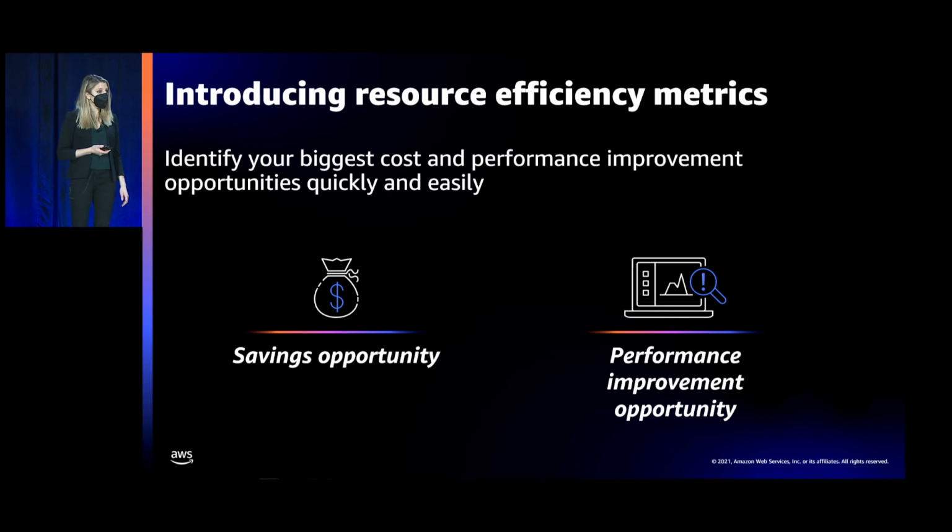Savings opportunity metrics quantify the EC2, EBS, and Lambda monthly savings that you can achieve at the account level, the resource type level, and at the resource level through adopting Compute Optimizer recommendations. You can use these metrics to prioritize and evaluate cost efficiency opportunities, as well as monitor cost efficiency over time. Performance improvement opportunity metrics quantify the percentage and count of under-provisioned resources across your account, considering all resource types that we talked about earlier. And you can use these metrics similarly to evaluate and prioritize opportunities that address resource bottleneck risk.